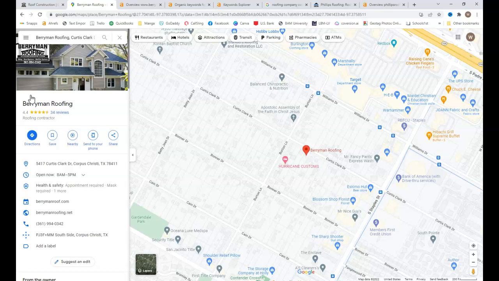The best way I've found is if you get a QR code, you print it off, you laminate it, you give it to your installers at the end of a job. They could give it to the homeowner within seconds or even a minute, a couple minutes. You could have a review automatically update on your site. So really useful tool. I can give you more information if you reach out after this.